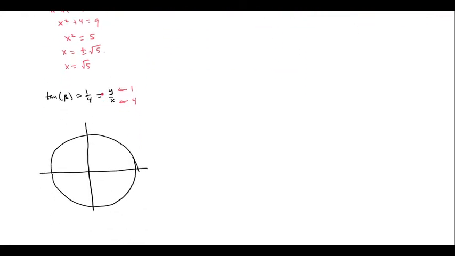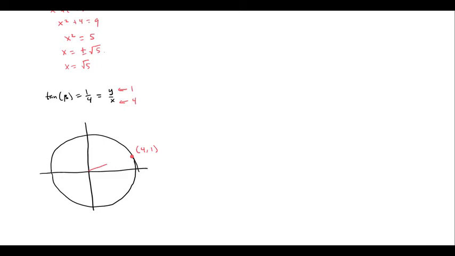So, all that to say, both of these, y and x, need to be positive. The only other alternative is that they're both negative. That would put us in the third quadrant, and that's not allowed here. Beta has to be between negative pi over 2 and pi over 2, because that's how the inverse tangent is defined. Okay, so this means that my y-coordinate is going to be 1, my x-coordinate is going to be 4,